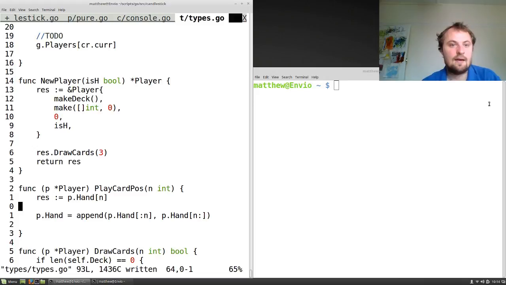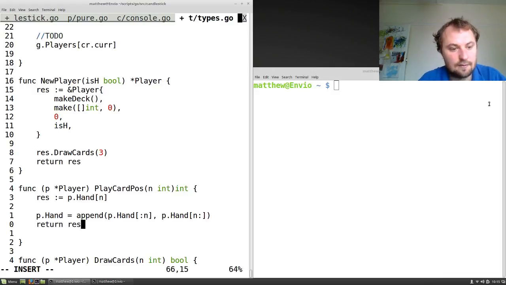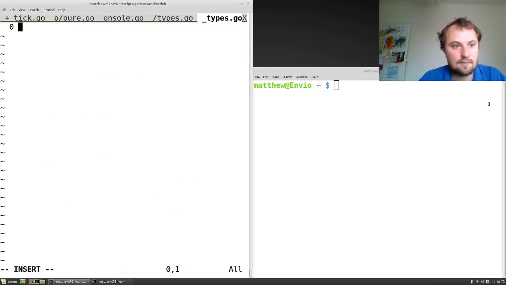So that compiles. I need to write a test for types.go to make sure I'm getting the right responses here on a hand. So I need to make a player and then play a card at a position, and this will return an int, won't it? And then return res. Tab edit type stroke test type dot go package types import at the very least testing